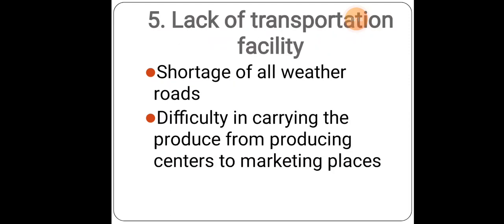Next thing, lack of transportation facility. What happens when there is very bad weather, there will be floods, because of that the roads will be washed out, and it will be very difficult for the farmer to reach the destination or send his products. Vehicles are necessary, roads are necessary, the proper transportation facility plays a major role. When there are kacha roads, not good roads or pakka roads, and you will be sending your eggs, the eggs which you are farming in your farming process, it is very much important for the transportation to be good.